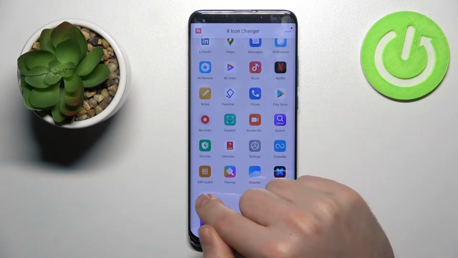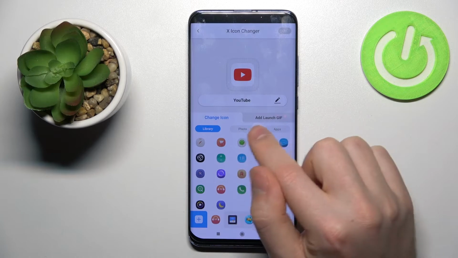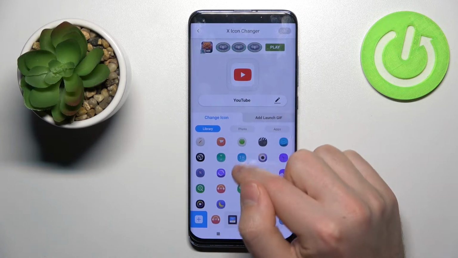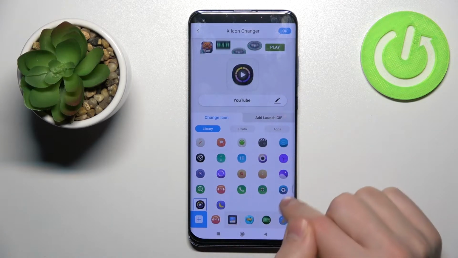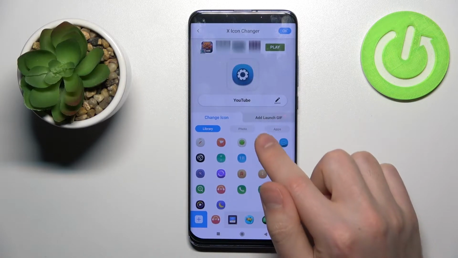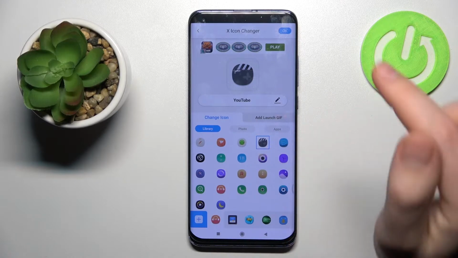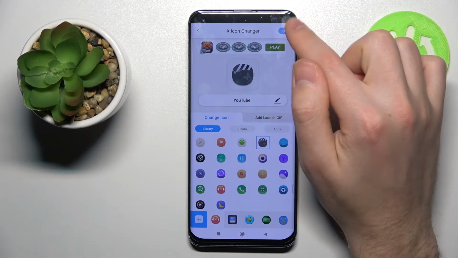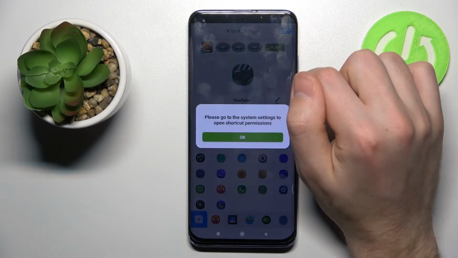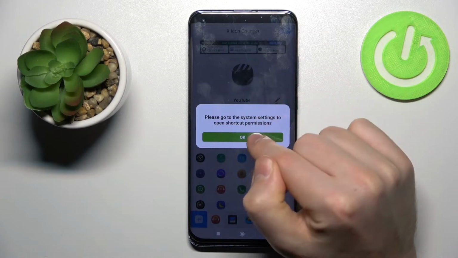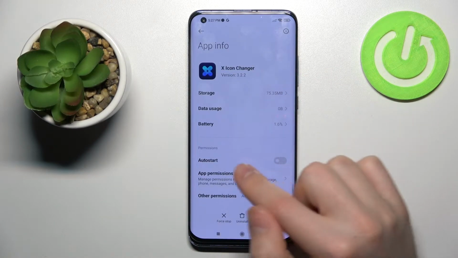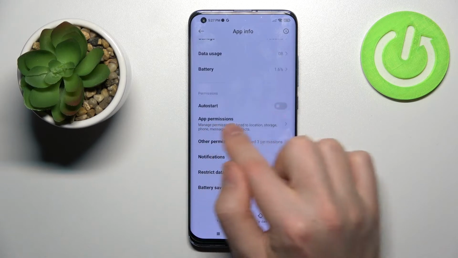Maybe YouTube. Okay. Now you need to change the icon, for example, maybe like this, or like Settings, maybe like this. Okay, and to save this icon, click the OK button in the top right corner, and you need to give permission for this application. Choose app permissions,